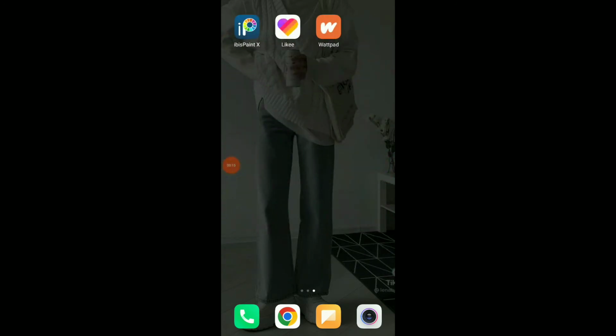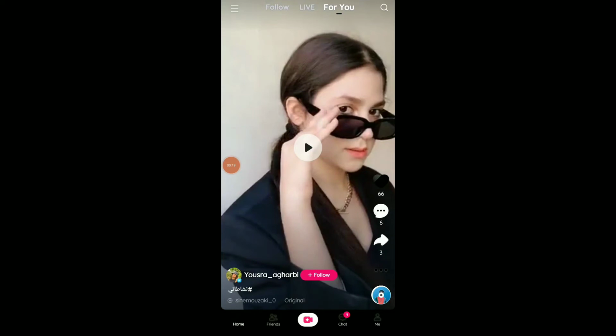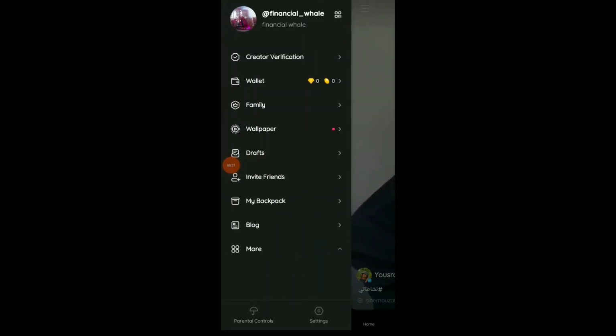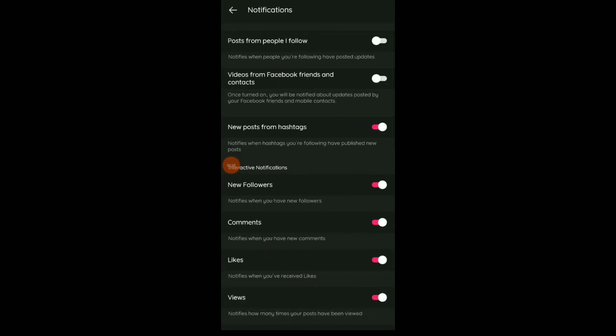So first thing, go to your Likee. And now all you need to do is click on those three lines up there and click on settings, and you're gonna find notifications. Click on it, and here all you need to do is click on new posts from